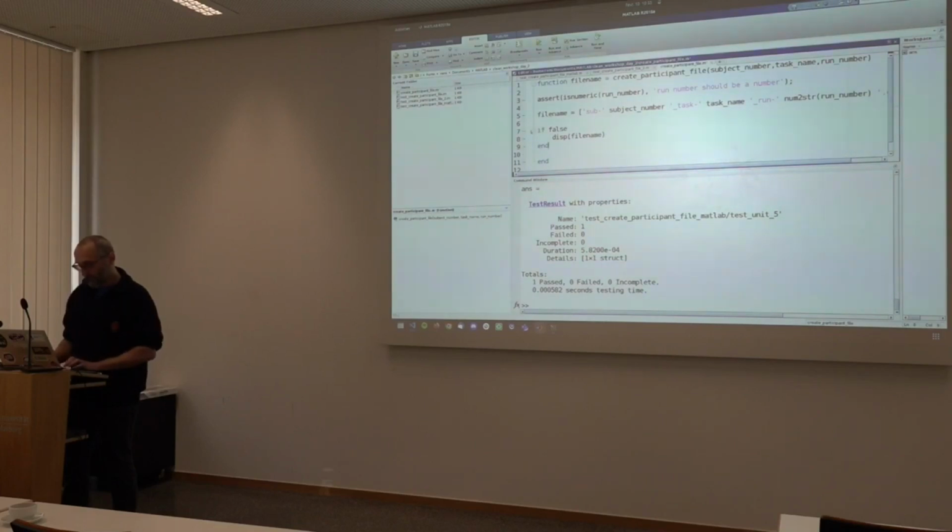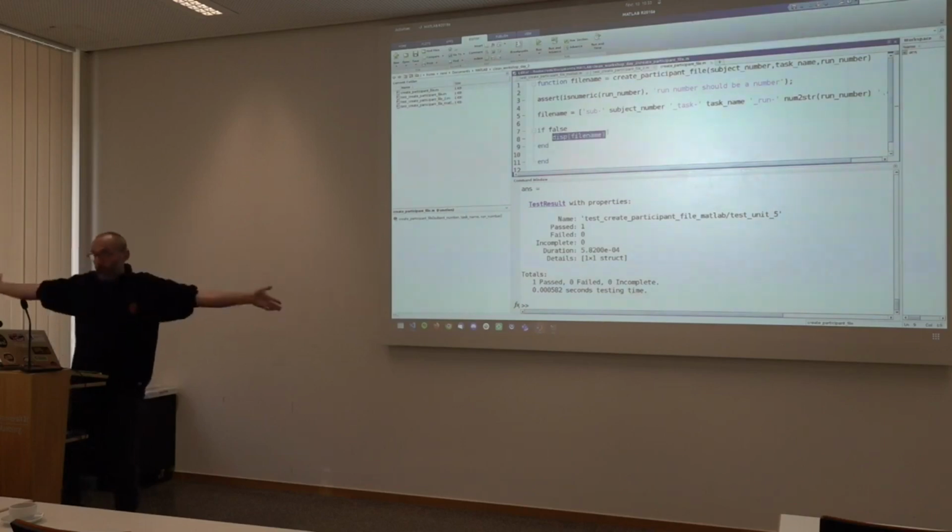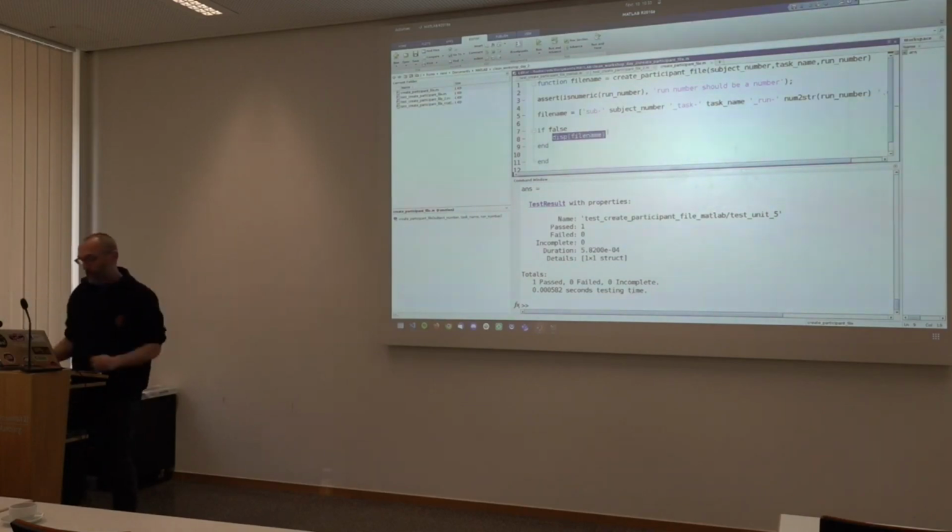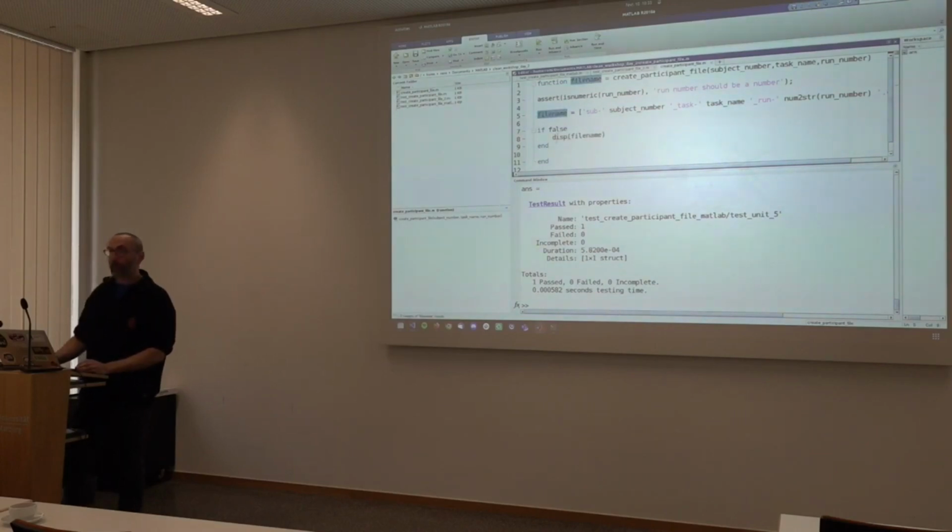So this, for example, will always be false. So you will never enter this if block, and therefore this line of code will never be run, right? So no matter what test you write, this thing will never be run. So your code coverage will tell you, oh yeah, I can run this and I can run this, but I've never been able to run this.